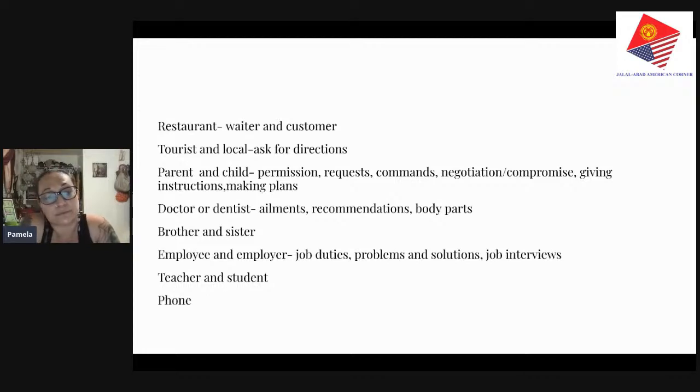Brother and sister, maybe have them get into a fight. I used to fight with my brother about, if I wanted to watch something on TV, and then he wanted to watch something else, and this was before on demand, so you couldn't just pause it and save for later. It was on TV, and that was it. It was over in an hour. So that could be kind of fun for the students to choose to be like brother and sister, or brother and brother, or sister and sister,